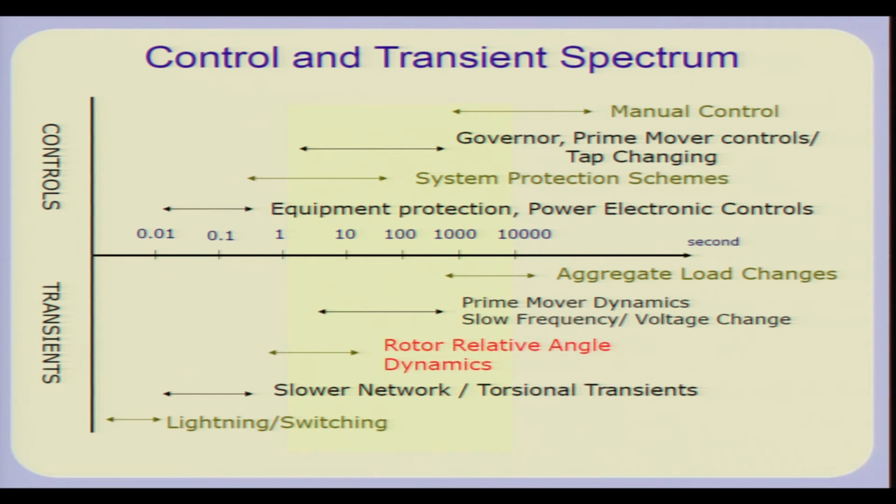They operate within a few cycles, it could be 1 or 2 cycle operation of the circuit breakers. The relay itself can usually detect faults and the location of the faults accurately, and if the fault is within the zone, it may trigger a circuit breaker which isolates or removes a faulted component,